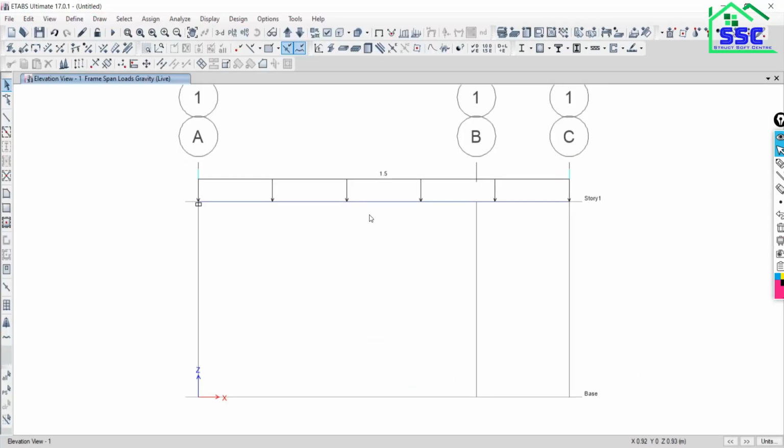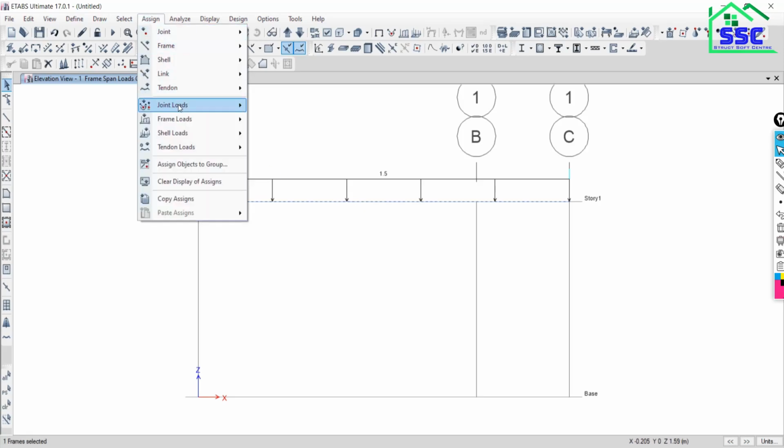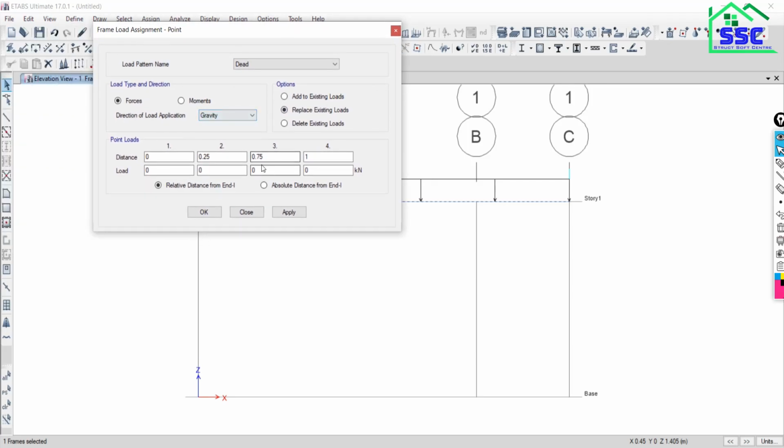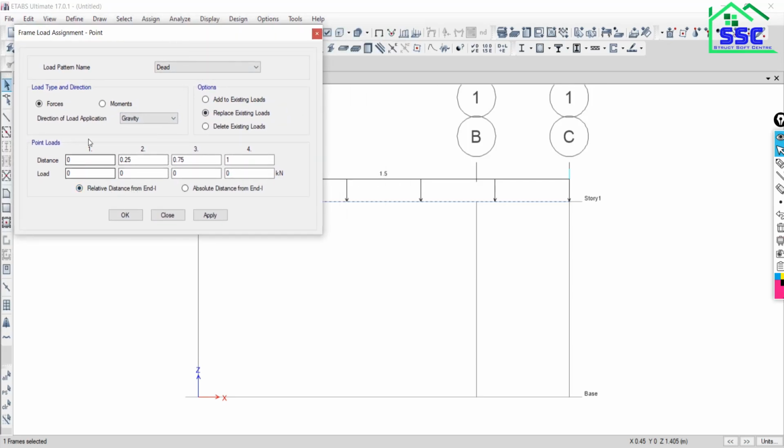Similar to the previous practice, just select the frame, go to assign, go to frame load. Now at this time we have to assign the point load. Go to point, and go with the absolute distance from end I, and assign the load under the live load pattern category. Remember the add to existing load option.